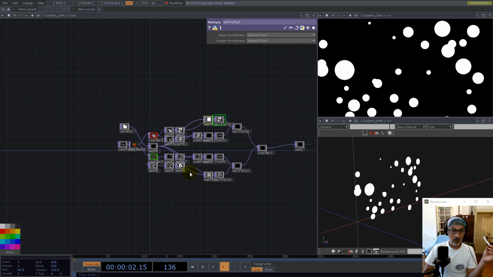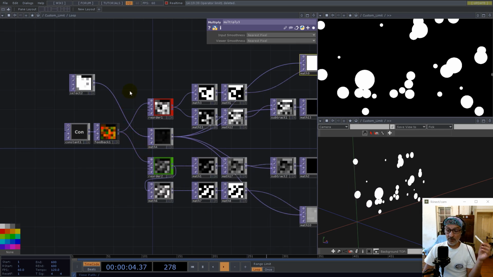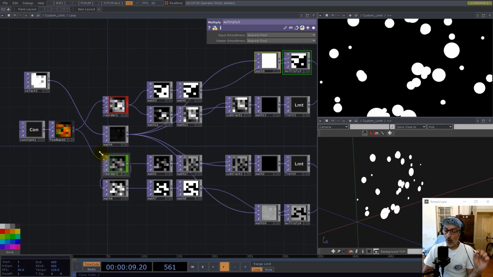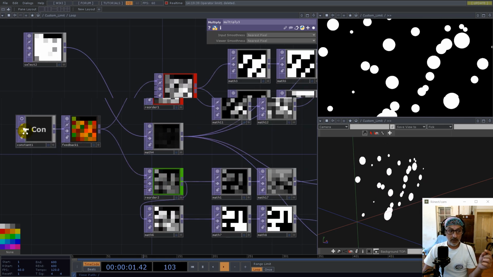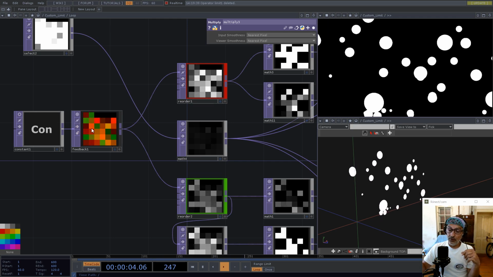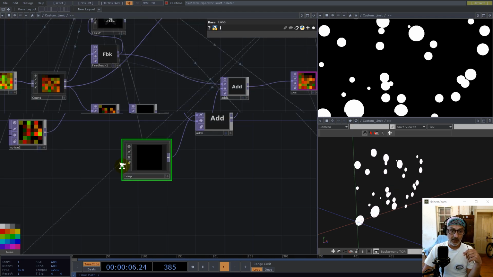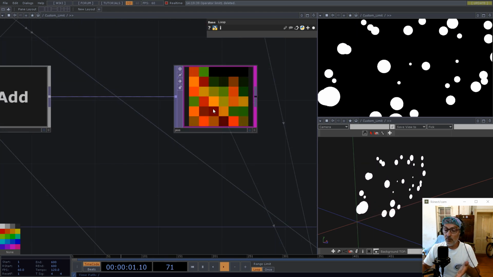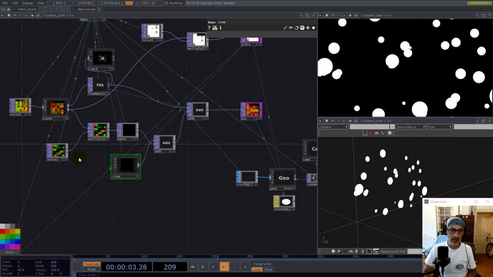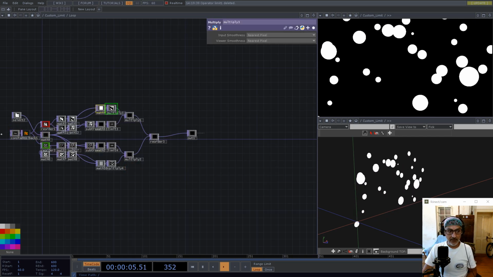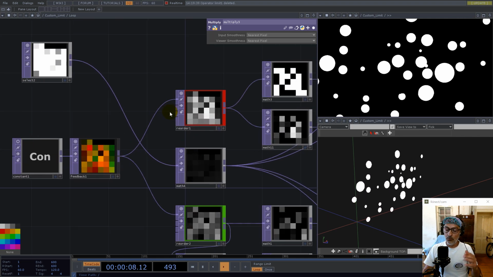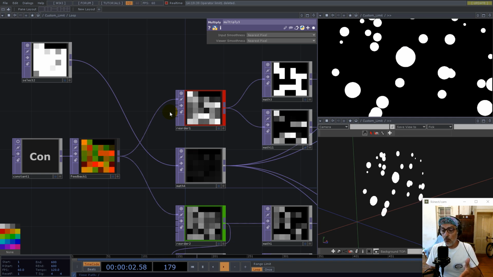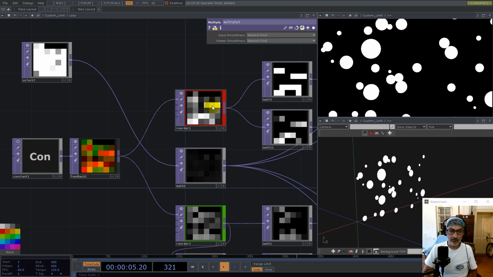Okay, now don't be scared of this network. It's quite easy. Okay, so I use a feedback to take the position. Position is here. Okay, it's right here. It's the texture that I'm using for instancing the sphere. Okay, so I take that with feedback, and I want to work on X and Y separate. Okay, so here